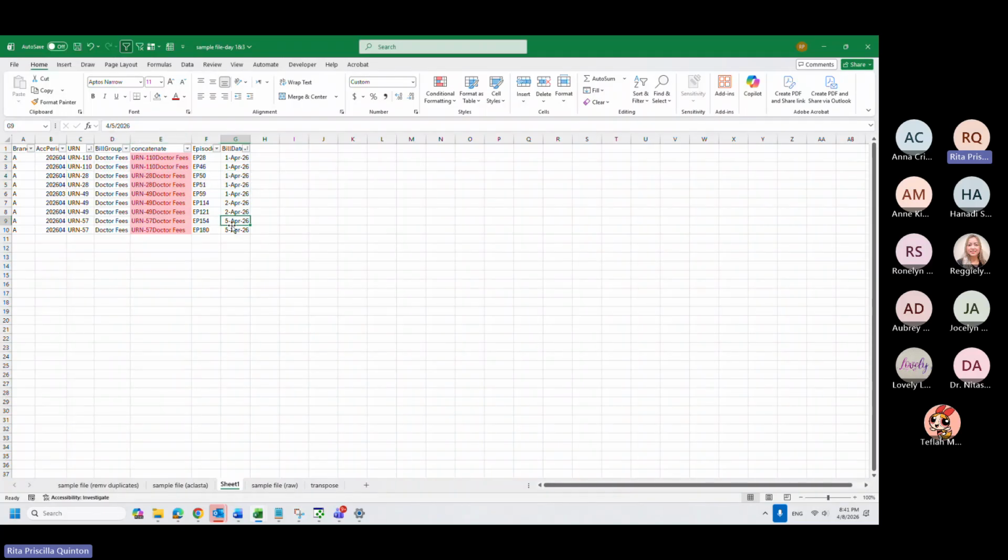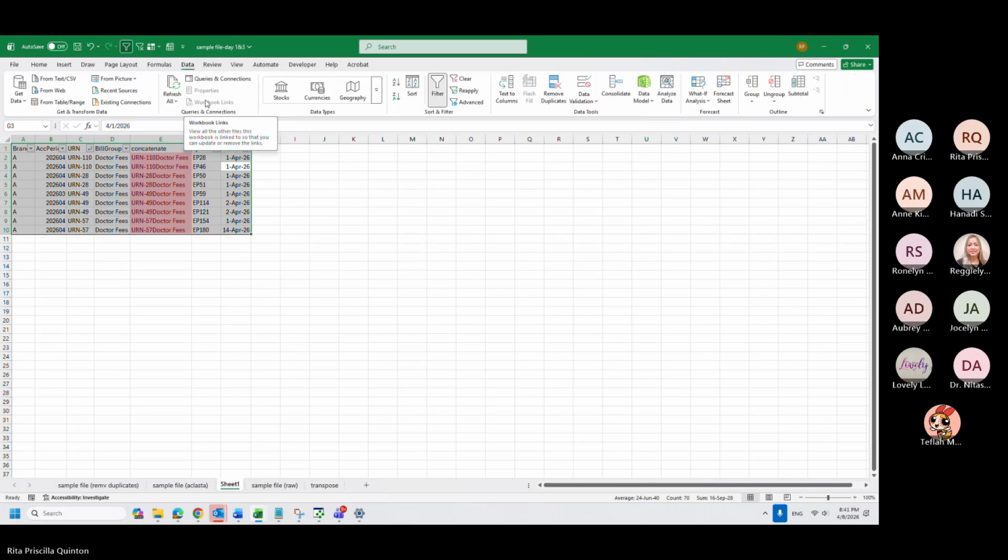Tefla's sample a while ago was, what if one patient attended on April 1 and his next appointment was on 14? In this case, this is more advanced. I plan to teach you this in the second week, but we'll show it now. In the group, there is something called subtotal.